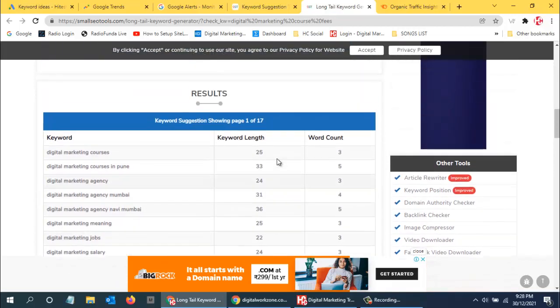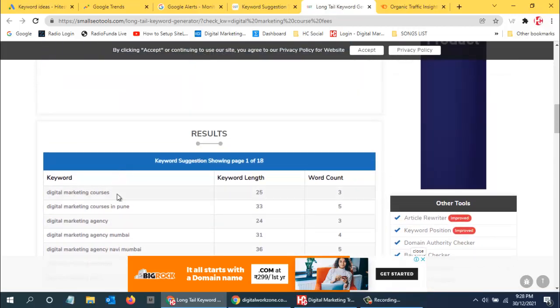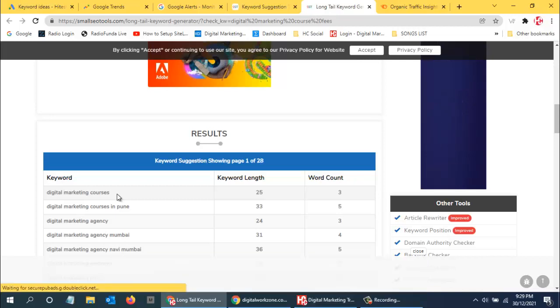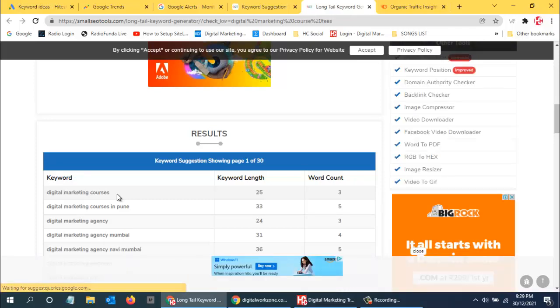So now in your blog, when you start to write a blog, you select a keyword. Now you want all the related keywords, supporting keywords that you have to use in your blog multiple times, of course. Then you can come over here and you can get the results. So you have all these results over here, keyword suggestions.